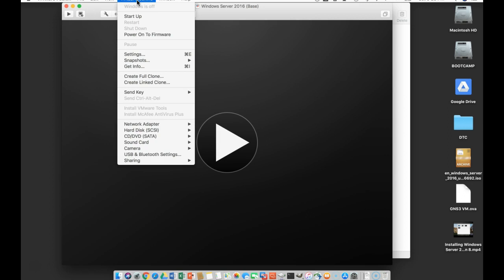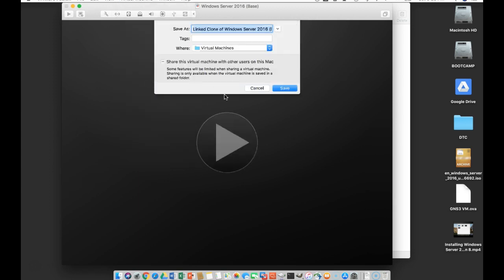Once it's shut down, we should be able to go to Virtual Machine, create either a full clone or a linked clone. The difference here is that with a full clone, you can actually pick these virtual machines up and you can move them around. With the linked clone, they always have to stay in the same folder and area as they were initially created, but they use significantly less space. So I'm going to use a linked clone,